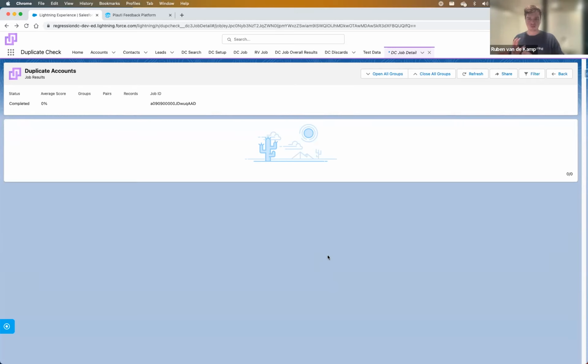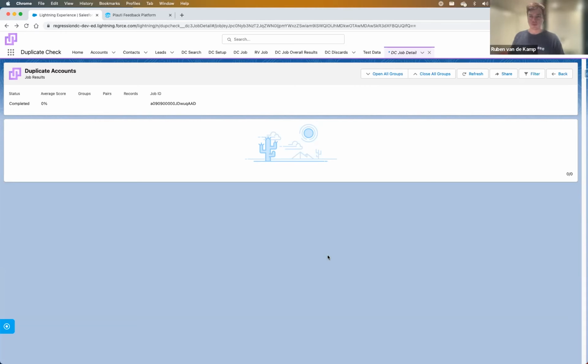With Salesforce Flow, you can do a lot of things. Possibilities are endless, and you can now run your flow on Duplicate Check results by clicking on the Run a Flow action. And another thing that we're working on is the ability to create or add custom actions to the action launcher to run your own Apex code on records,